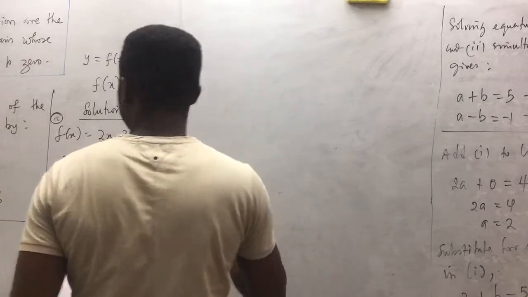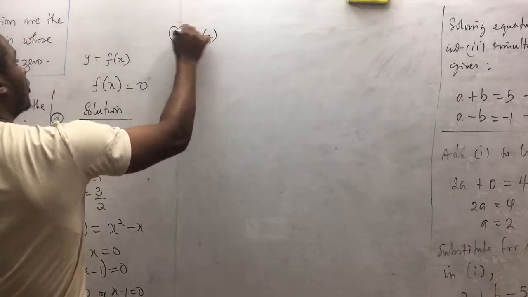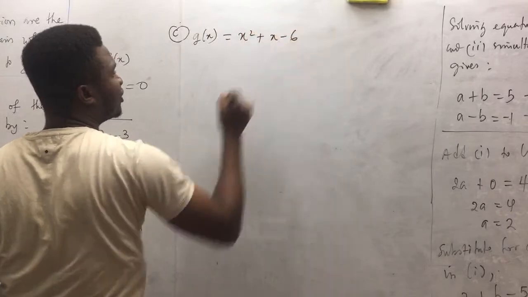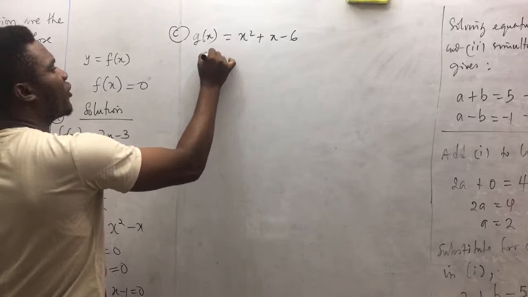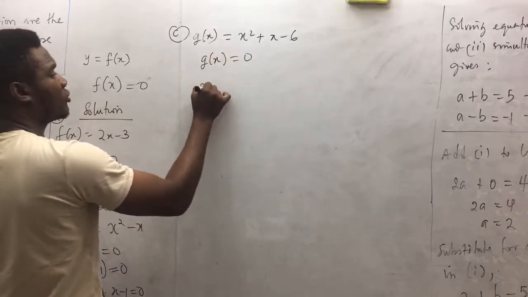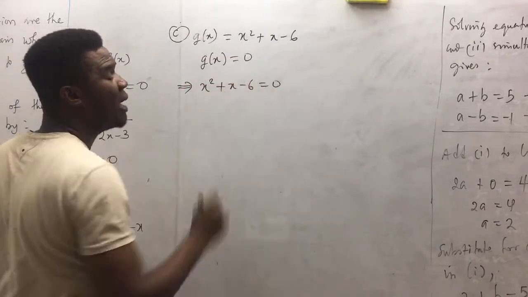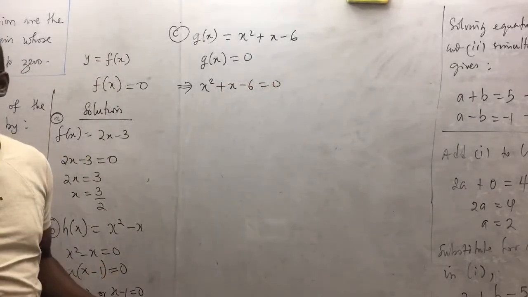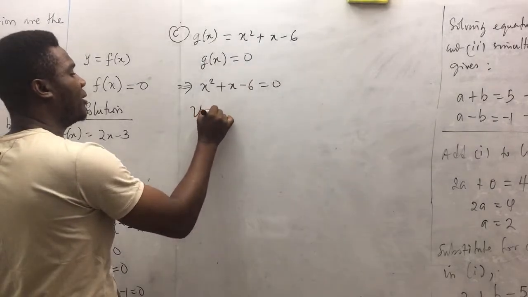Okay, so the last problem, problem C, g of x is equal to x squared plus x minus 6. So what will be the zero of this function? The zero of this function occurs when g of x is equal to 0. And when g of x is equal to 0, it implies that x squared plus x minus 6 will be equal to 0. Please, if you are solving this under exam condition, I would advise you use the quadratic formula. So, using the quadratic formula,